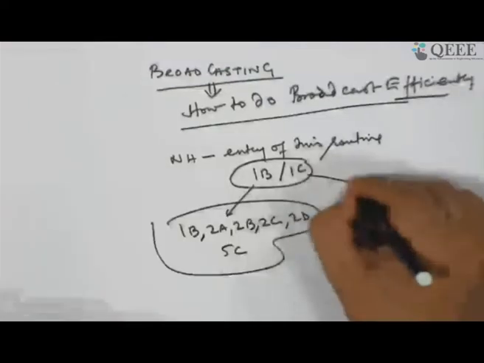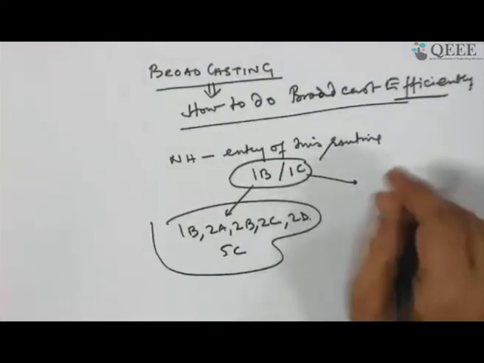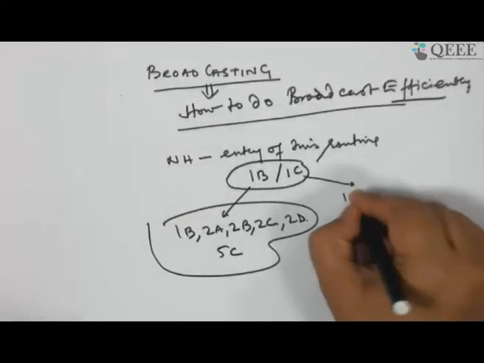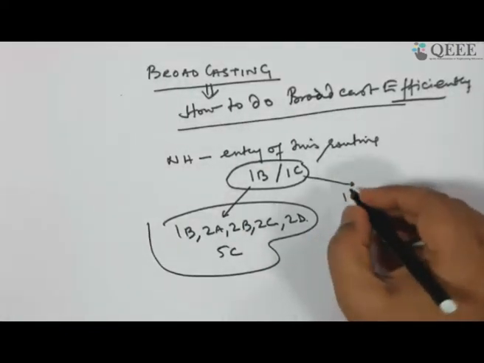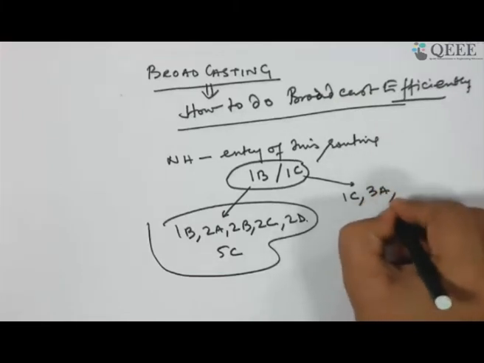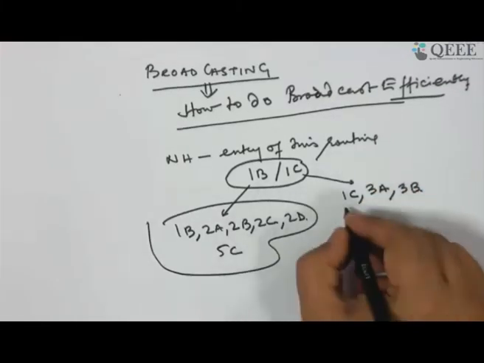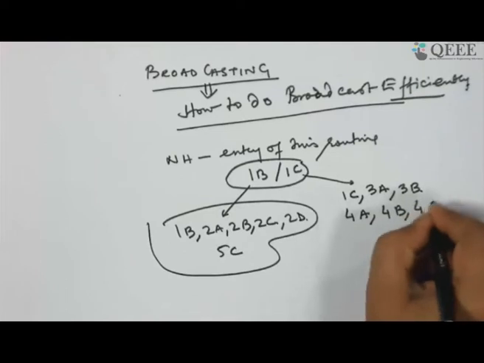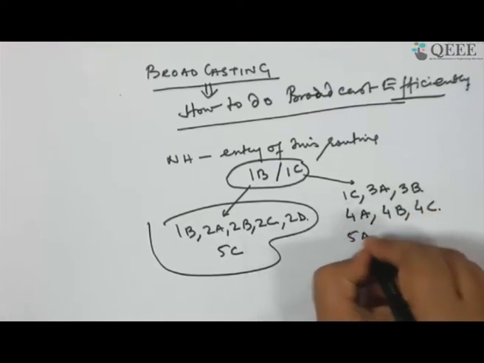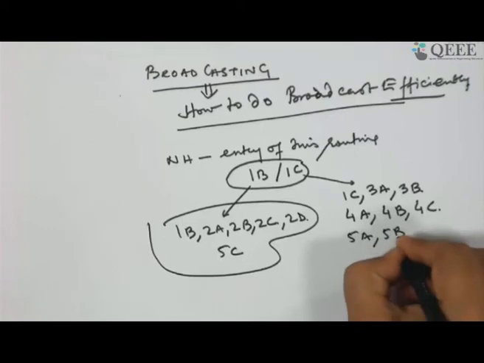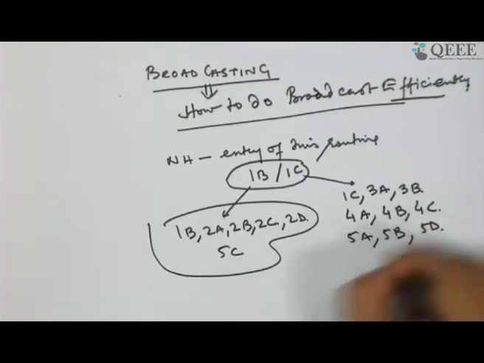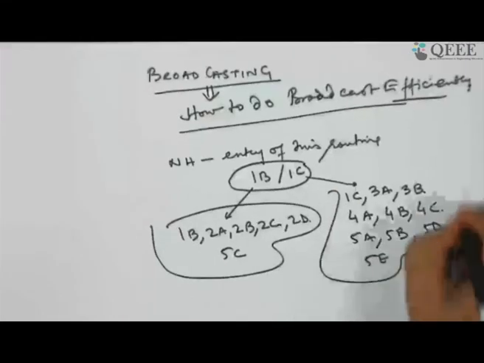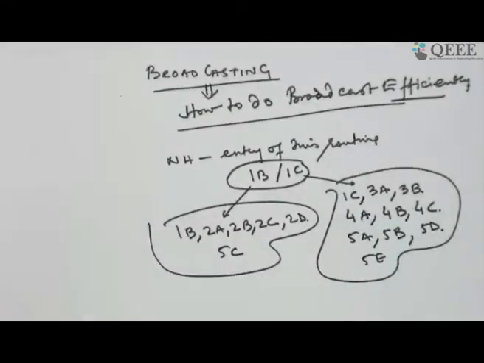And 1C's domain is, let us see once more, 1C obviously, then 3A, 3B, 4A, 4B, 4C, 5A, 5B, not 5C, 5D, 5B. Okay, this is clear. So, now when I have a broadcast protocol